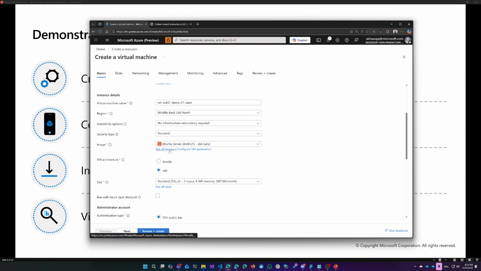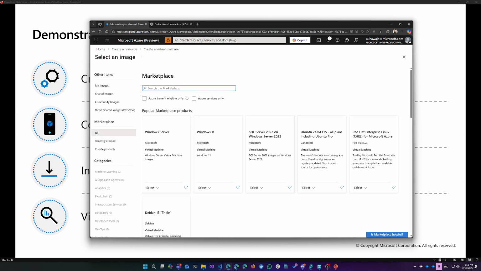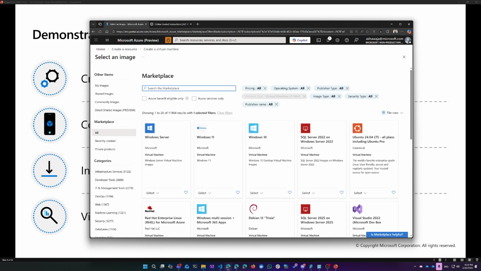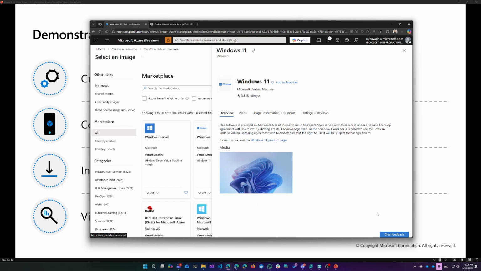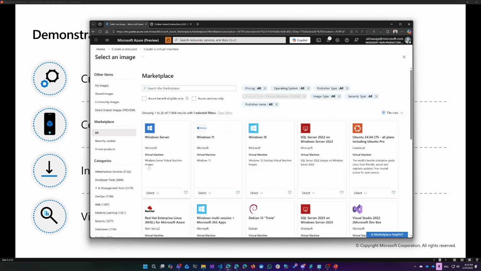Okay. Then I can say images and I want to get Windows Server. Okay. I can do Windows Client also, Windows 11 also, which we can do, right? Maybe. But you will not pay anything more or less because of the Windows version. They will charge you for the Windows machine. Maybe client is cheaper. We'll see, and we can check this one. Okay,